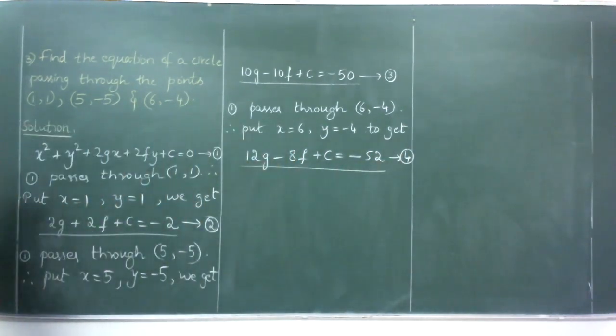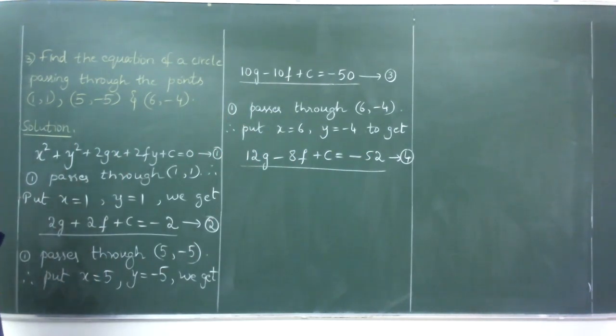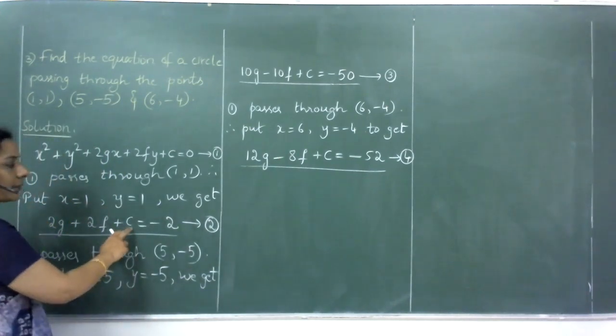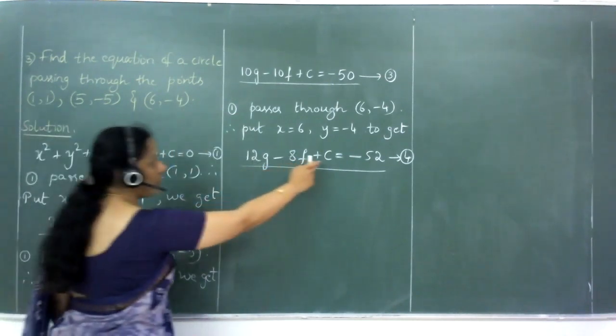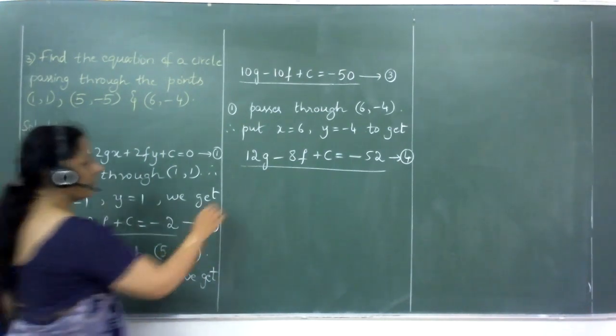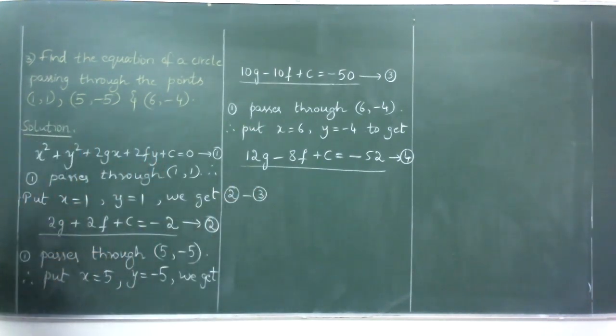So again we have here three different equations, that is equations 2, 3 and 4 in three different unknowns, that is g, f and c. We have to solve all the three equations here simultaneously. It becomes easy for us to eliminate the parameter c here, isn't it? Equations 2, 3 and 4, all the three equations have plus c. So it becomes easy for us to eliminate c initially. We can be taking a pair of equations at a time to eliminate c there.